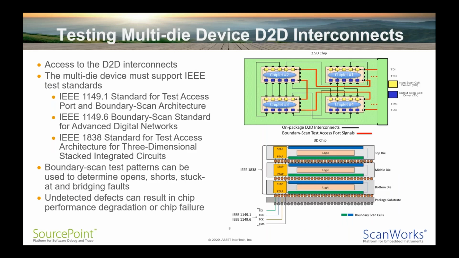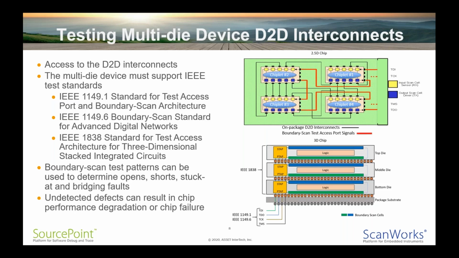Now, there are requirements for testing multi-die devices. First, there must be access to the die-to-die interconnects, and the multi-die device must support several IEEE test standards. In particular, IEEE 1149.1, which is the standard for test access port and boundary scan architecture, IEEE 1149.6, boundary scan standard for advanced digital networks, and IEEE 1838, standard for test access architecture for three-dimensional stacked